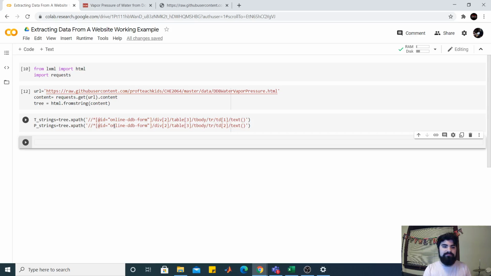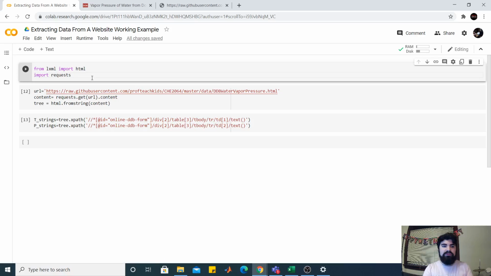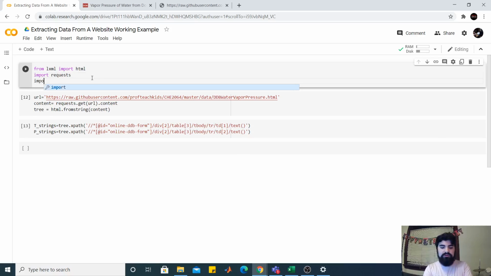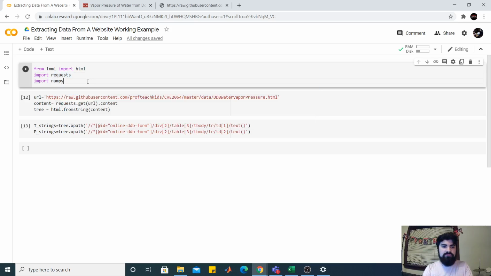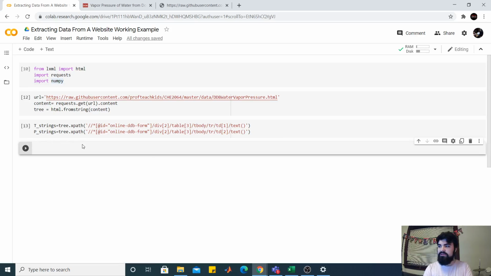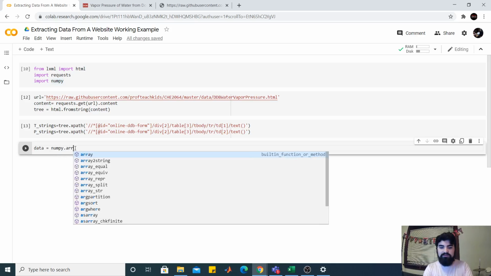And so what I'm going to do is import something called numpy. And numpy, if you are unaware, is one of the top dog things to import in Python for any sort of data analysis. You're going to probably see it very often, especially in my videos. And so we're just going to define data, because now we're going to all combine it into one single variable. So within NumPy, I'm going to use an array function